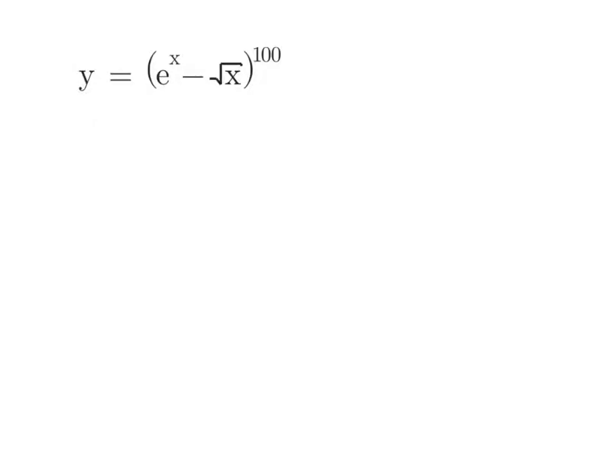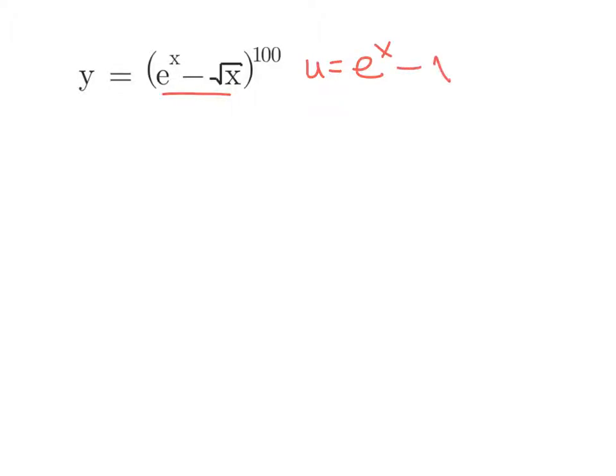Alright, let's use u-substitution to find the derivative of y equals (e to the x minus square root of x) to the 100th power. So to do that, I recognize I have a function inside of another function. My interior function is this e to the x minus the square root of x. So that's what I'm going to let u be, e to the x minus the square root of x, which